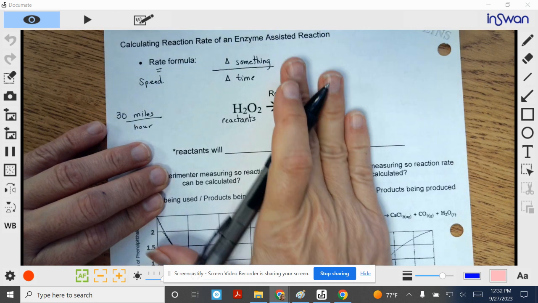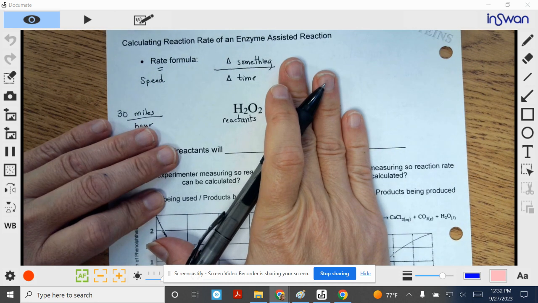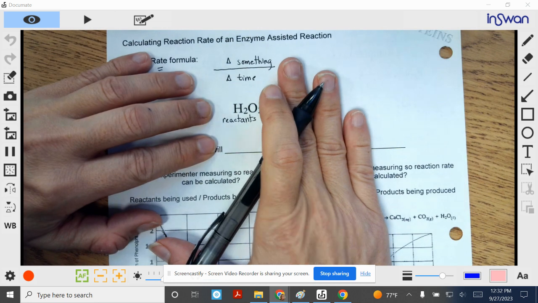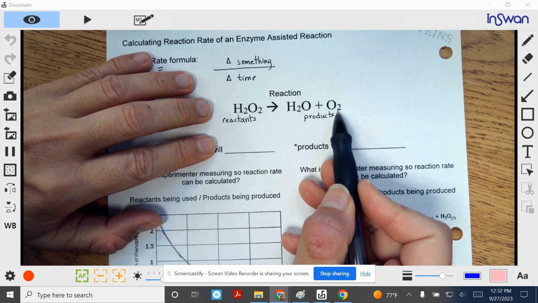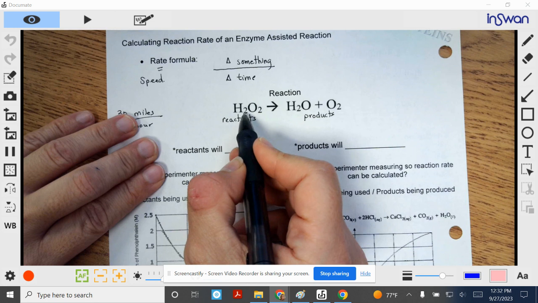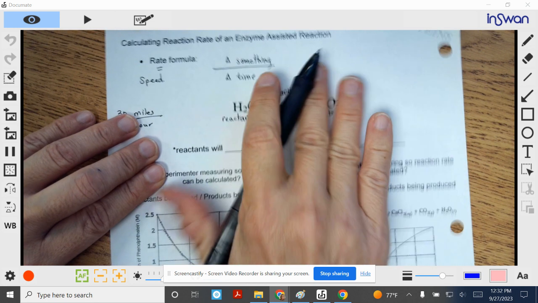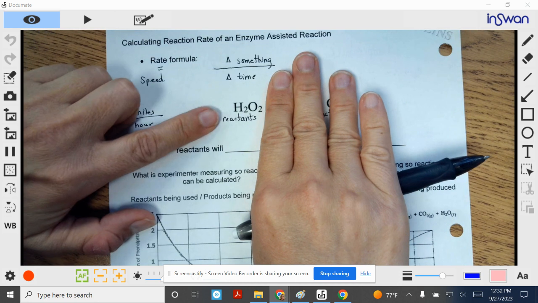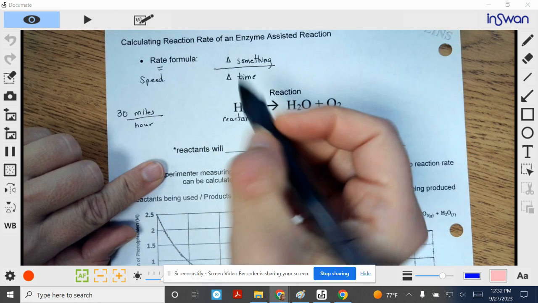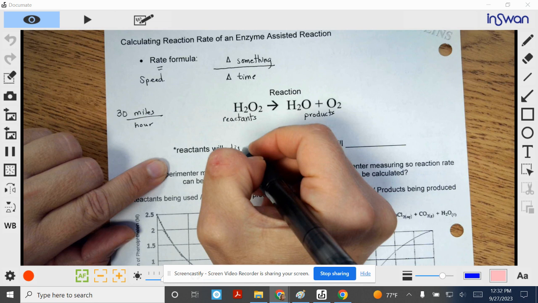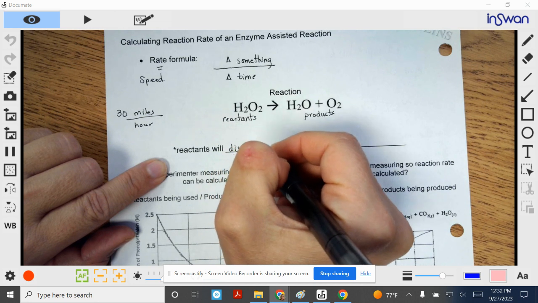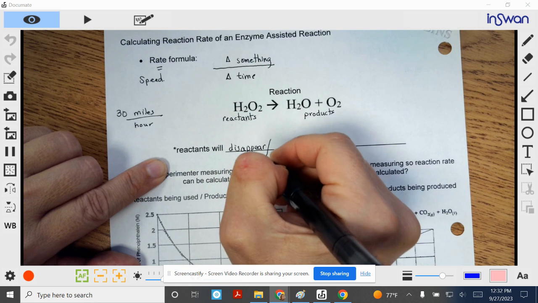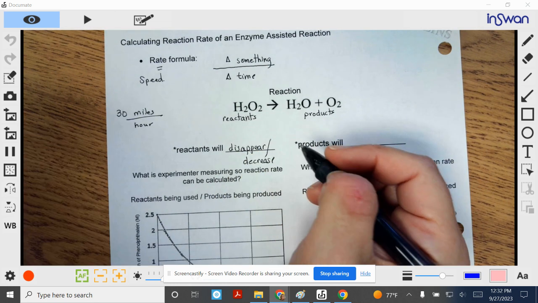If I put H2O2 in a graduated cylinder and I add an enzyme, then we're going to end up getting these products. You need to be able to tell me that H2O2 is a reactant, and if I put an enzyme in with some H2O2, the H2O2 is going to disappear. So in a reaction, the reactants will disappear. Their number is going to decrease